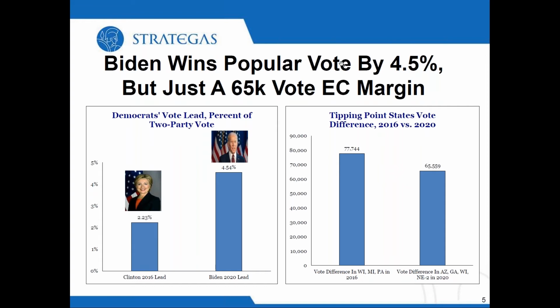Donald Trump lost to Joe Biden by just 65,000 votes in the 3 tipping point states of Arizona, Georgia, Wisconsin, and then the Nebraska congressional district. So you had an election which was even closer on an electoral college basis in 2020 than it was in 2016. And if you had a football field on a Sunday afternoon change their votes the other way, Donald Trump would be president. I don't think many people recognize the closeness of this election as it got bogged down on